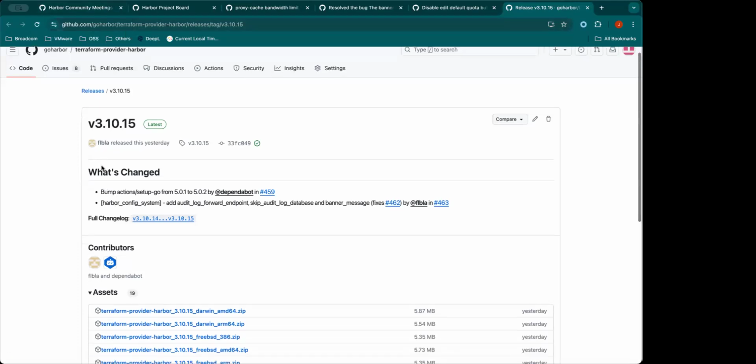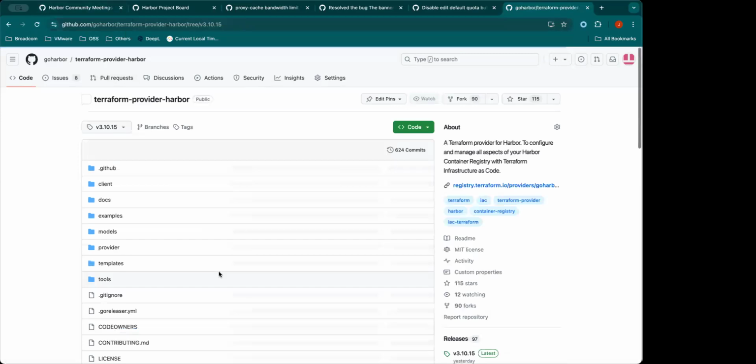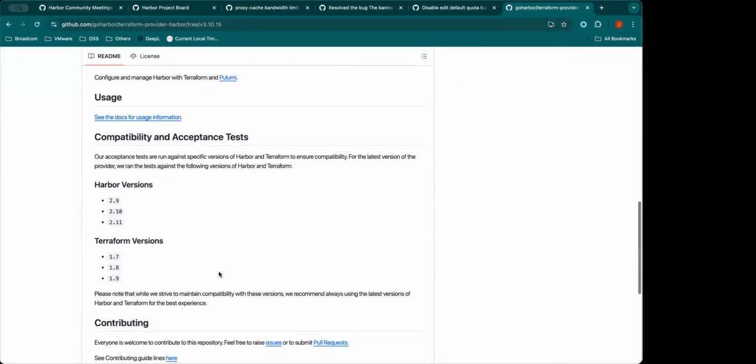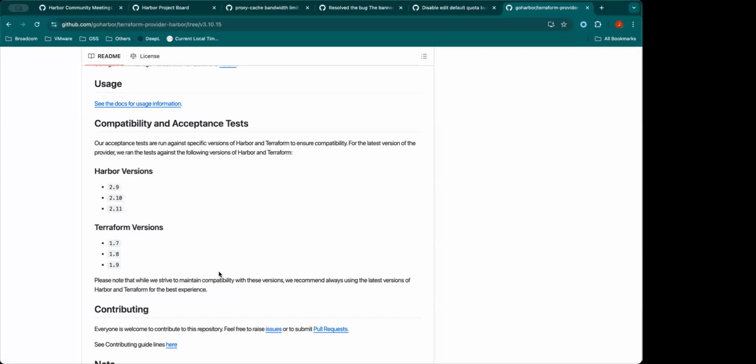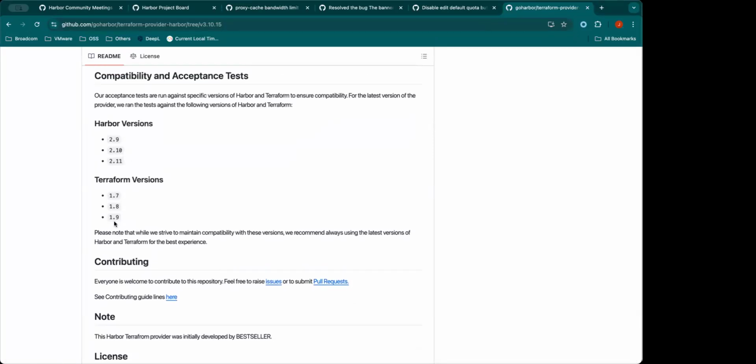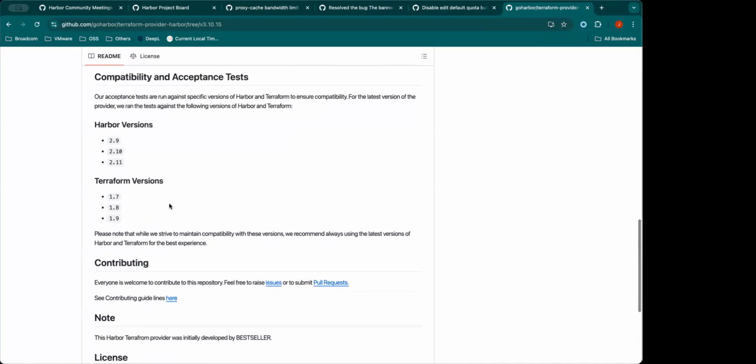If you go to the README, I added it because I launch tests on those versions of Harbor, but I can also add it to the release note. Tests are launched on 2.9, 2.10, and 2.11 of Harbor.